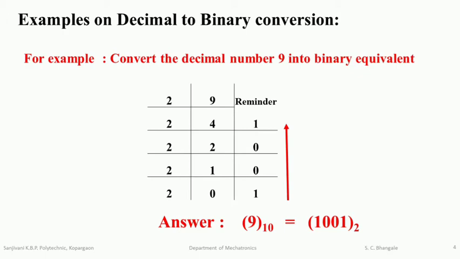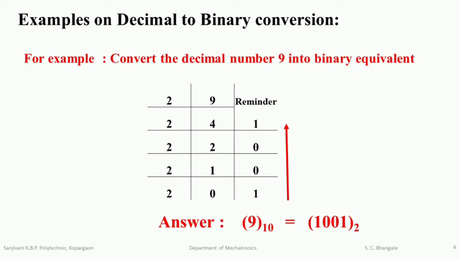Okay. So here, we have to divide 9 by 2. So 2 is the divisor, 9 is the dividend. We have to write the quotient and remainder. So let's start and calculate the equivalent binary number for the given number 9. If I divide 9 by 2, the quotient is 4 because 2 fours are 8. So we write 4 as the quotient, and the remainder is 1.